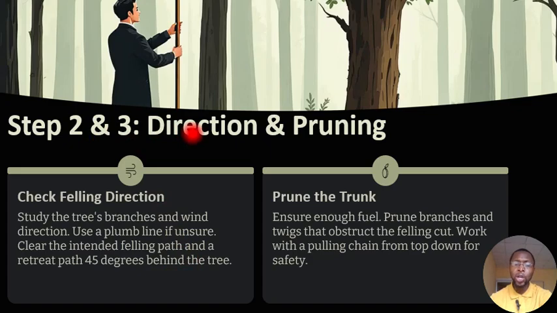So having noted the direction where the tree might likely fall, then you go to the next step, which is pruning the trunk of the tree. You know the tree has a trunk and it has branches. So before you fell a tree, you must consider pruning the branches. You prune the branch so that it does not obstruct the falling of the tree. So if the branch is so much, you prune it, and you prune the trunk as well if the trunk is so massive,